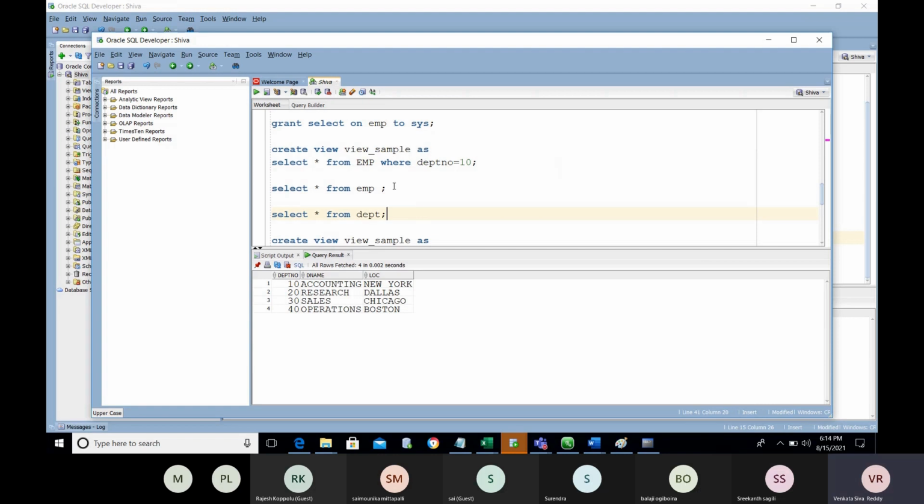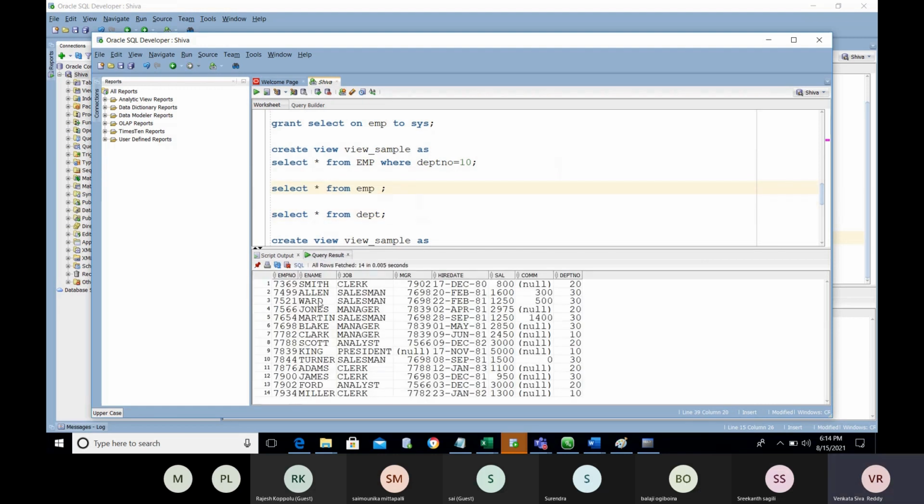So I want to know for each and every employee which location they are related to. For that reason, how will you retrieve? EMP E, comma DEPT D where E dot DEPT number equal to D dot DEPT number.